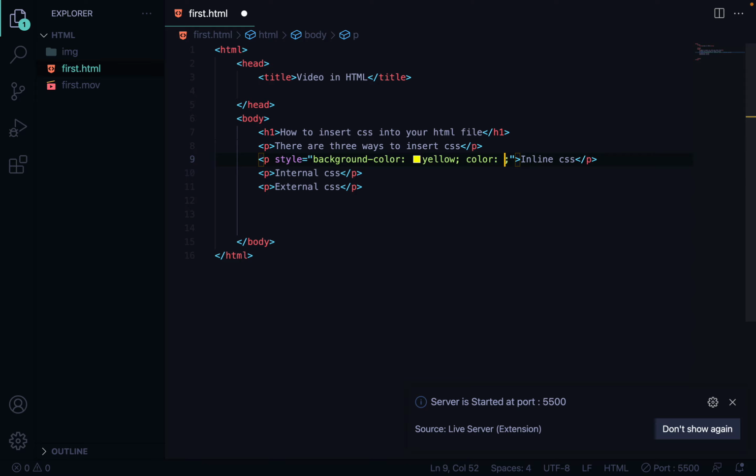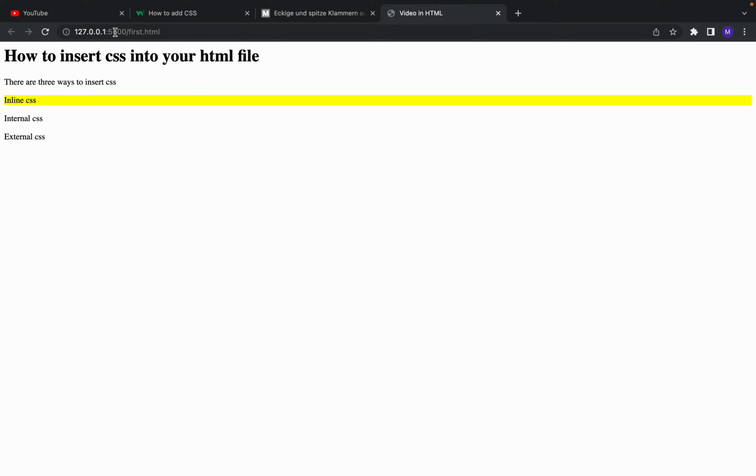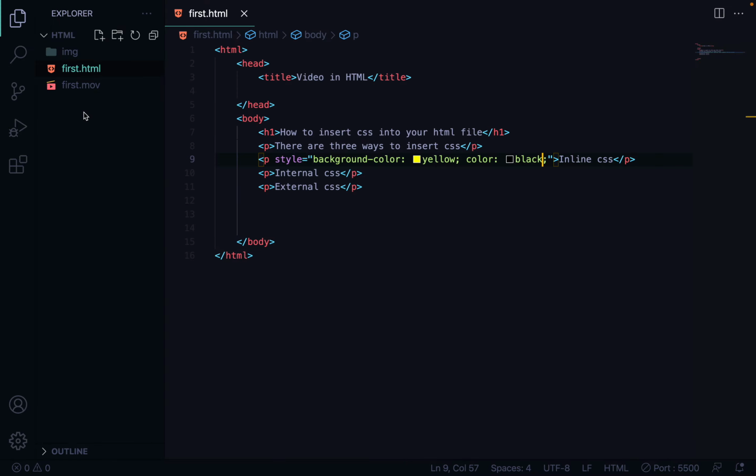I'm going to change the color into black. Okay, and save it, and let's take a look, refresh the page. As you can see, this is how you can add or insert inline CSS. Okay, and yeah, that's it. And now I'm going to show you how to